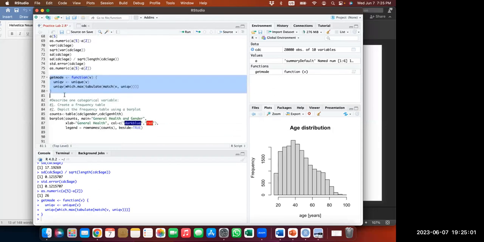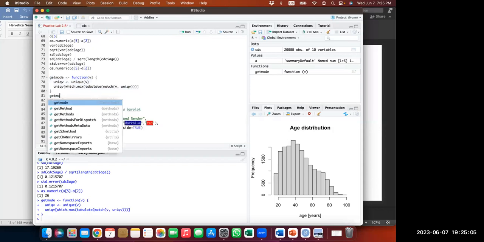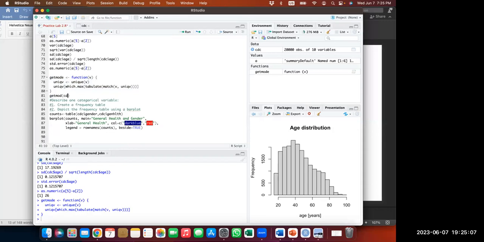So if you want to use getMode for the age variable, you write getMode CDC age, and it will get you the mode of 40,